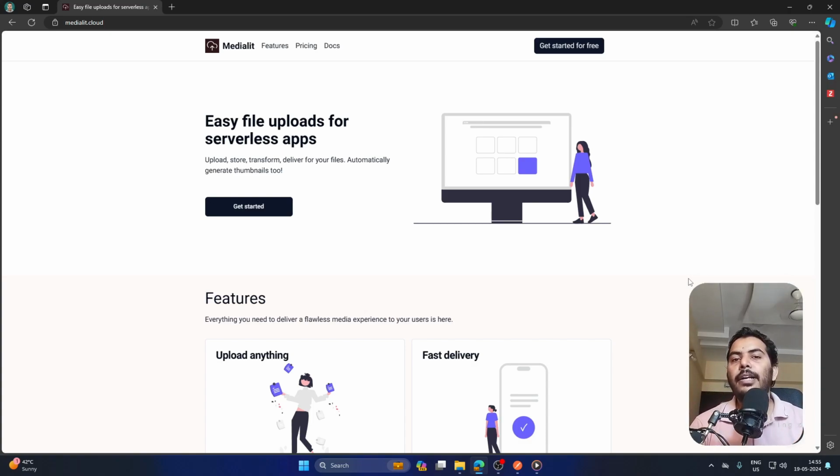So this is where MediaLit comes in. It is going to take all the load off your shoulders when it comes to the file upload part, because the file upload will be taken care of by MediaLit, and then you can go back to focusing on your main USP. So let me show you how MediaLit can help you integrate file upload in your service in